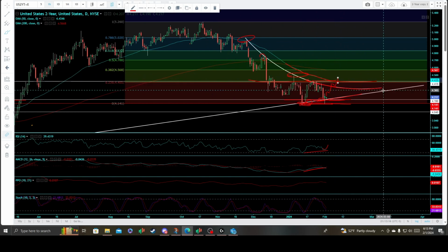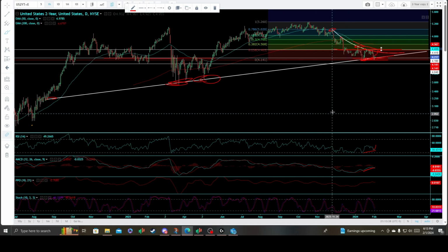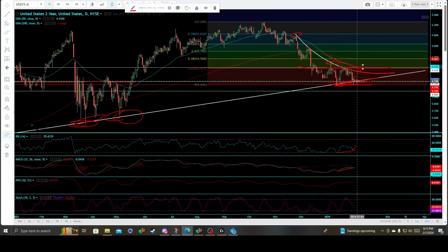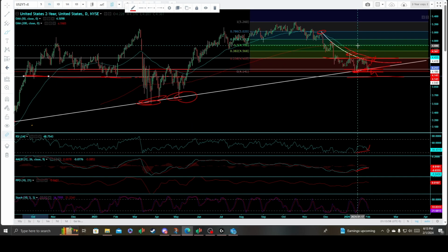If and when taken out, I believe would issue in a ton of stops to go off and or margin calls, ultimately flushing out the 2-year. Long bonds and or bull traders of the 2-year want to see a solidified breakdown sell signal within the yield and additional price support down at the re-challenging of the 404 price resistance, and that would be a very telling move if and when we go on to reflect and re-challenge that key level, only hinting at near-term and or upcoming, within a matter of weeks and or months, a deflationary and